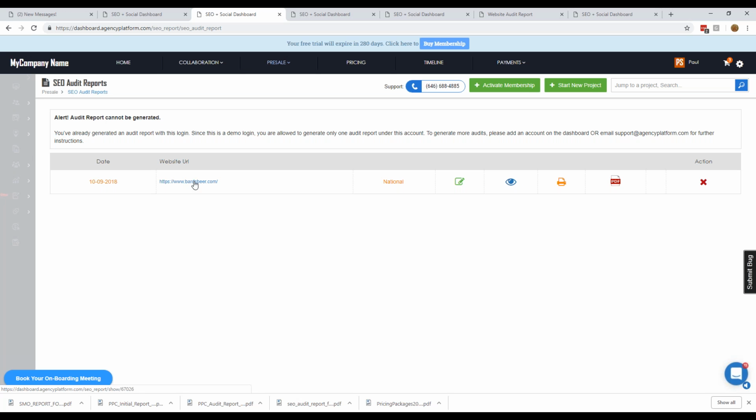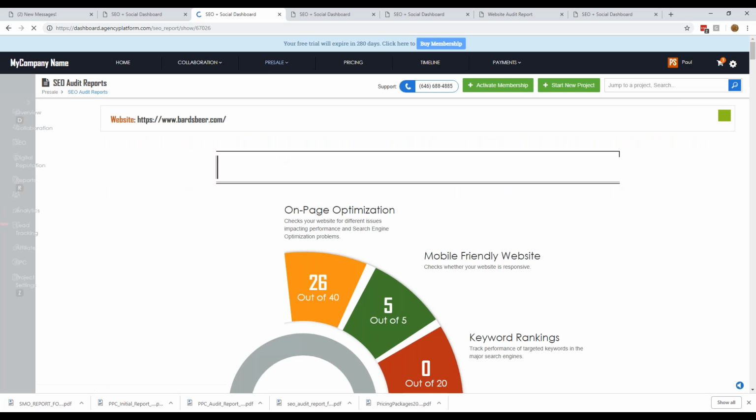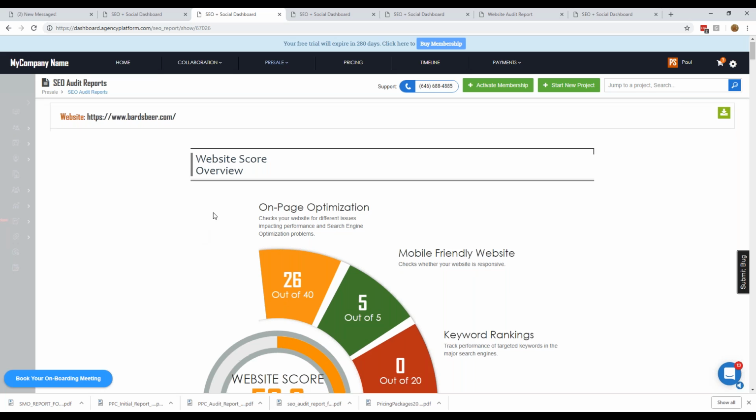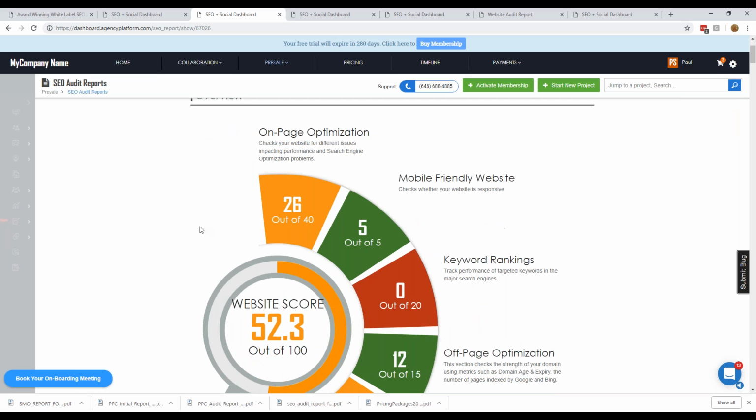And then so we have the SEO audit report, right? So here's what I'm looking at, feedback from you guys. On the SEO audit report, let's say you ran the SEO audit report and gave it to a client, is that something that you would want to run first, for those of you that do use the SEO audit report? Would you run an SEO audit report first, send it to a client and go over it with them,